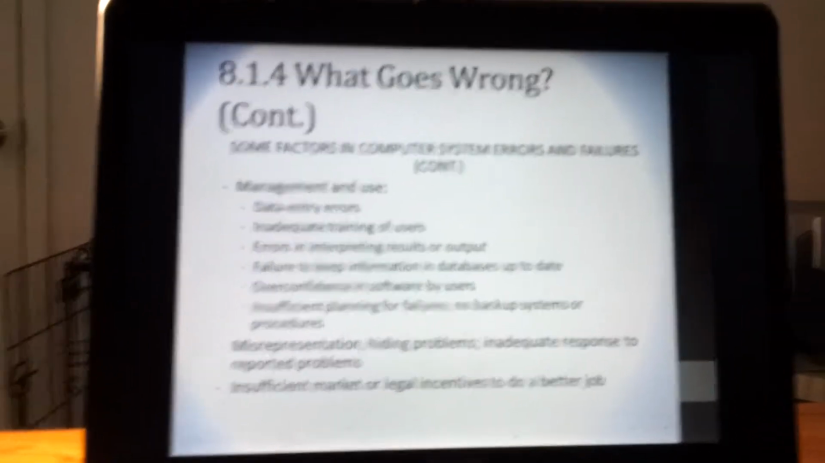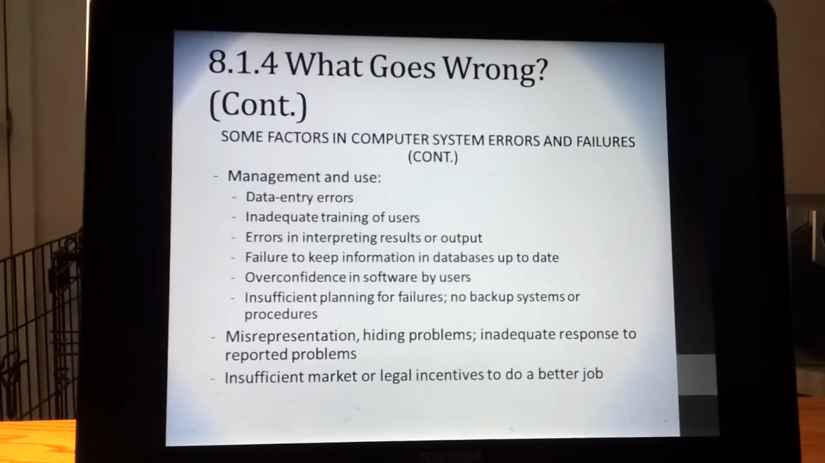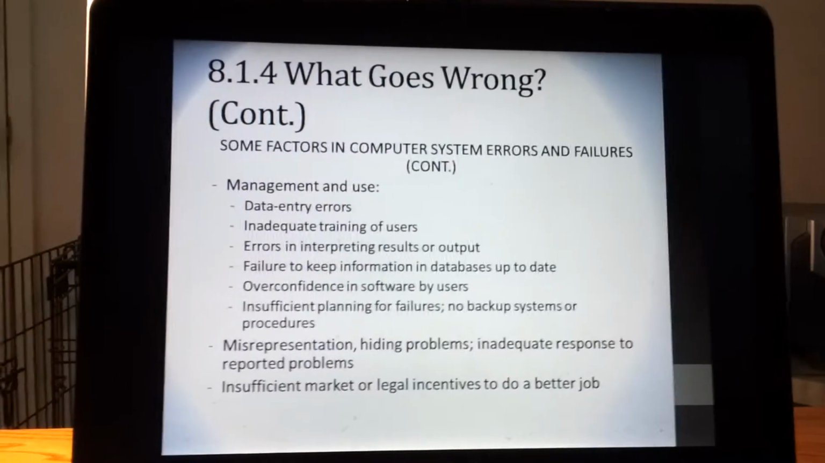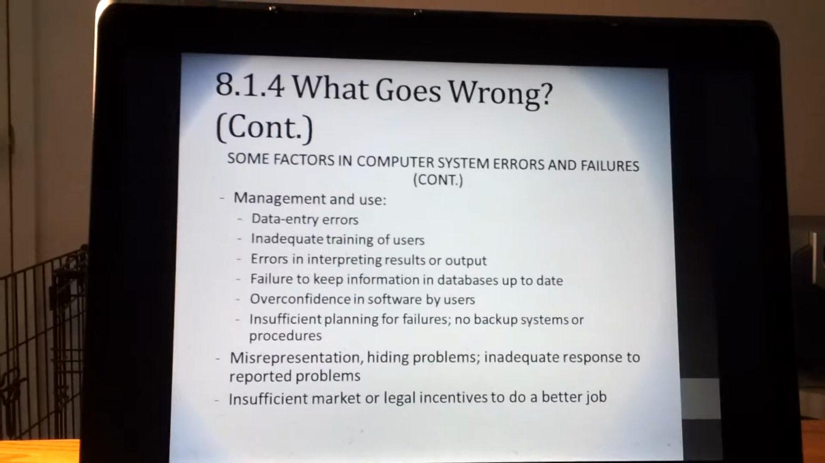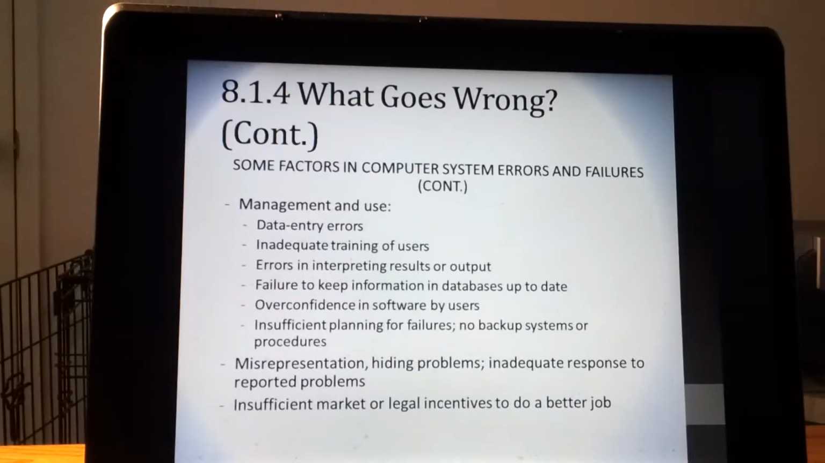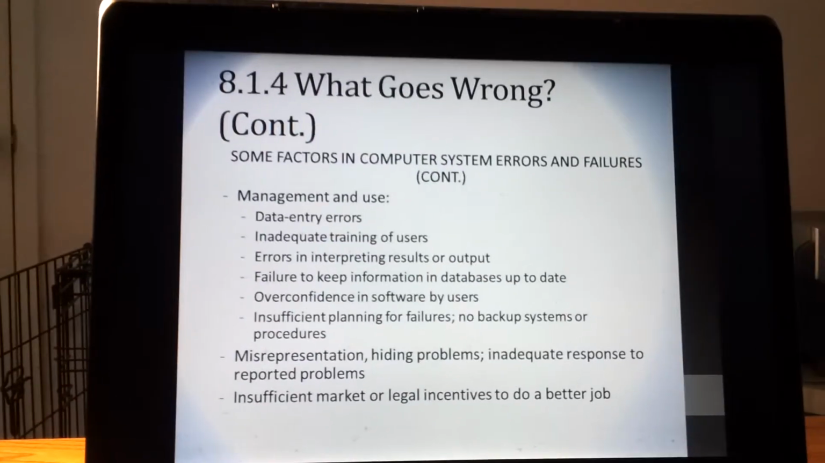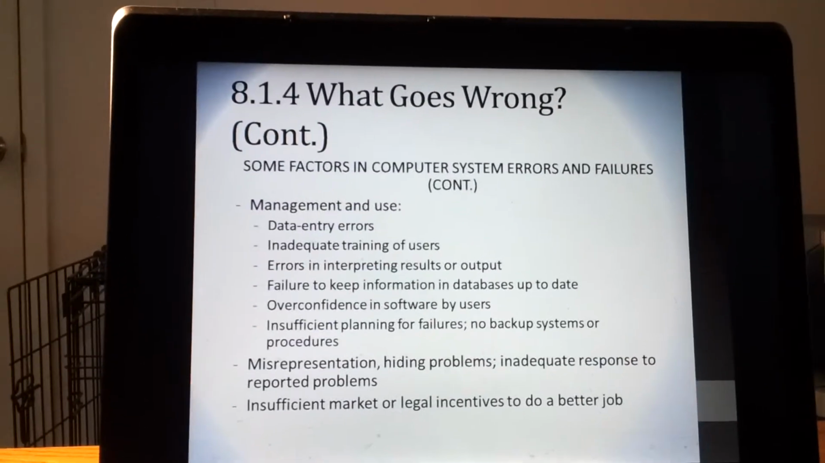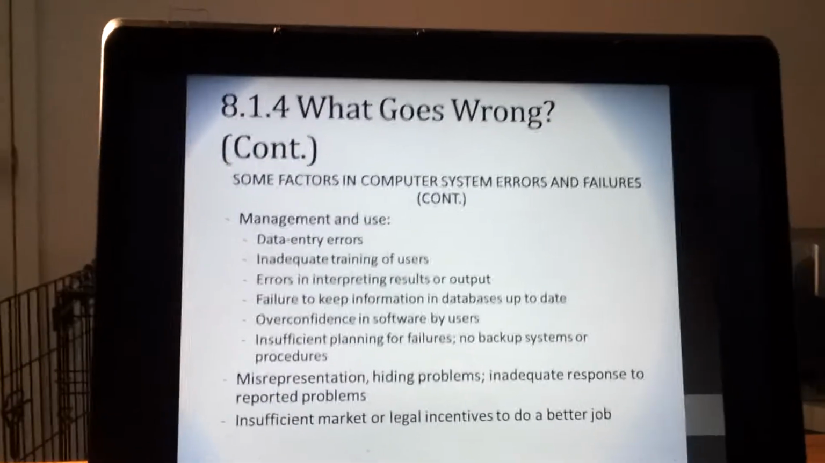It could be the management and use, like data entry errors, inadequate training of users, errors in interpreting results or output, errors in reading that last sentence, failure to keep information in databases up to date, overconfidence in software by users, insufficient planning for failures, no backup systems or procedures. It could be misrepresentation, hiding problems, inadequate response to reported problems, insufficient market or legal incentives to do a better job,